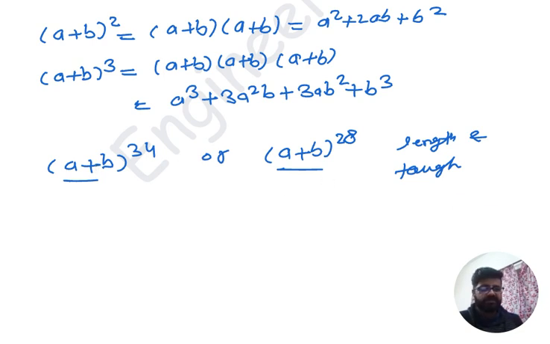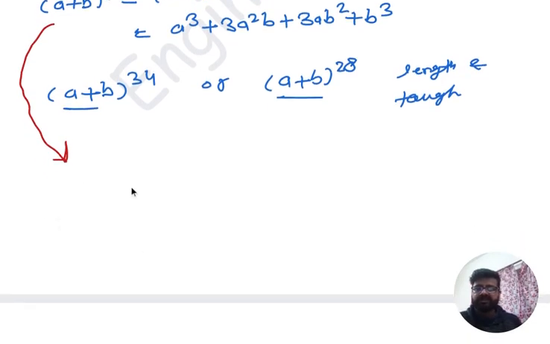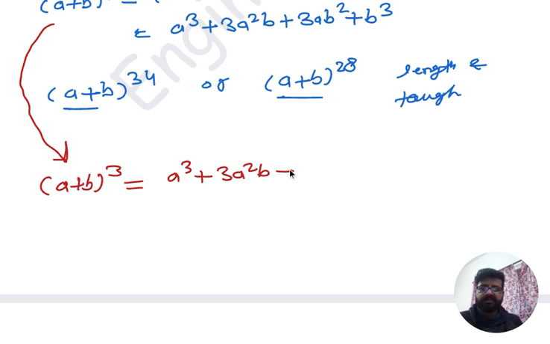Okay, so first look at this, a plus b. We again come to a plus b cube. As you can see, a plus b cube comes a cube plus 3a square b plus 3a b square plus b cube. So, my dear, can I write this in the form of